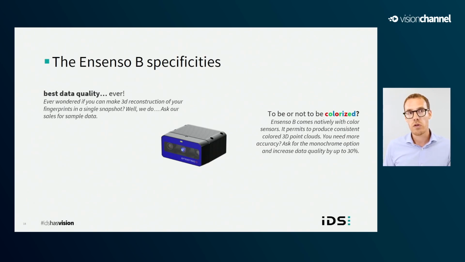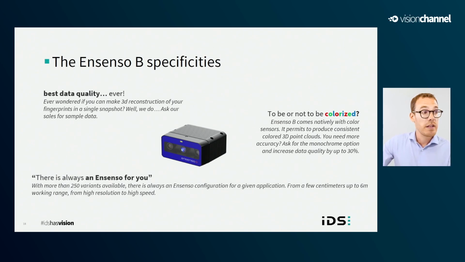And if you need the color information, you will natively have a 3D point cloud in color, which is not like the NSenso C, where we overlap the RGB information onto the point cloud. That comes with a cost, the loss of spatial resolution. But in the case of the NSenso B, because the data quality is very good at this close working range, usually that is enough. You have the choice.